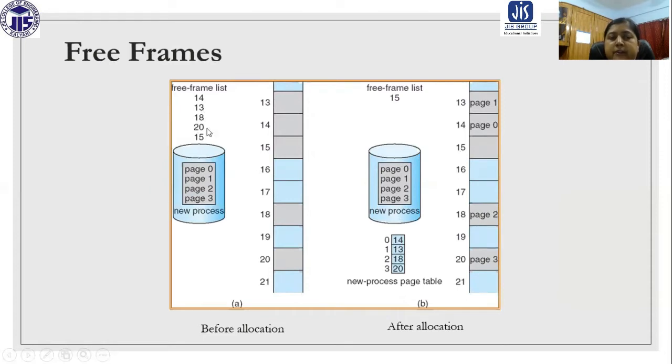After that, in the free frame list we have 20, so page 3 is fitted there. After allocation, in the free frame list we have only one free frame, that is 15. So in this way we need to keep track of the free frame list.